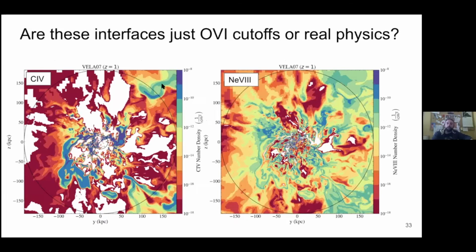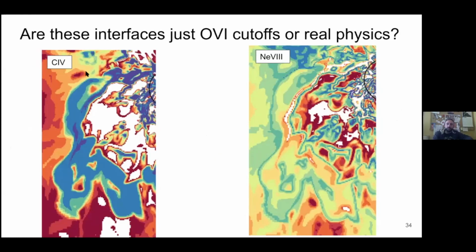I'm going to show a couple of other ions that are not oxygen 6, although they share with it that they're all lithium-like, so they all have 3 electrons remaining, which makes them easy to observe. So this is carbon 4 and neon 8, so a lower ionization energy than oxygen 6, and a higher one. And if you focus on these, they show something really interesting. So I'm going to zoom in on the biggest cloud that was in that slice. And this is really dramatic in neon 8, where you actually see the interface layers show up as